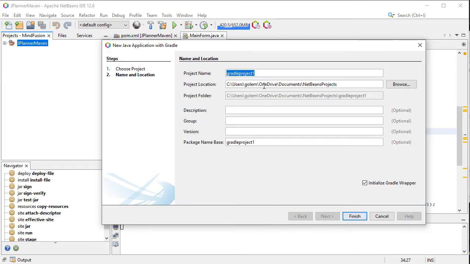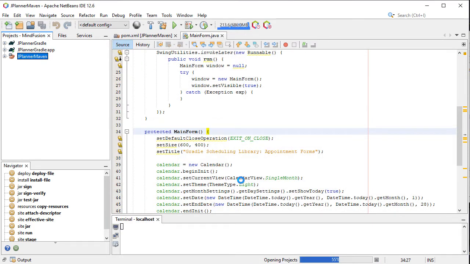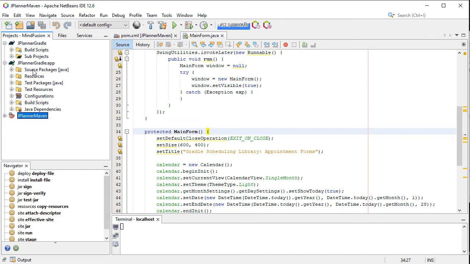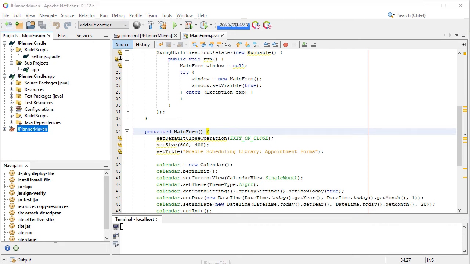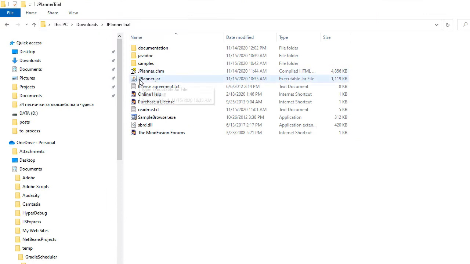We create a new Gradle application. Then we copy the jplanner.jar to our project directory.